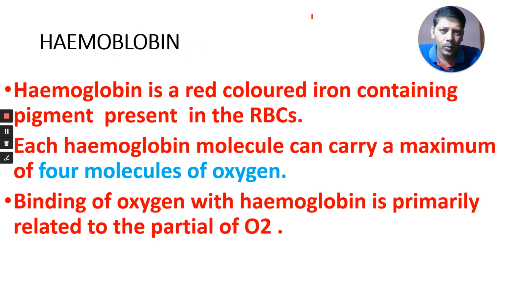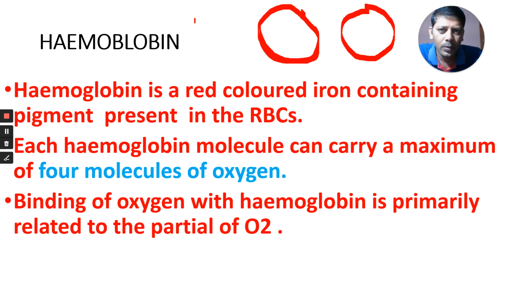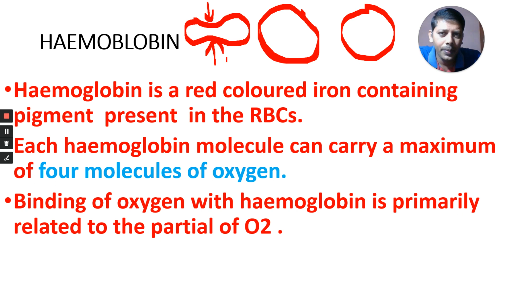We have red blood cells, biconcave. The shape of the red blood cell was also asked in the recent NTA mock test paper. RBCs are circular and biconcave. When you see from the upper view, it is circular. When you see in the lateral view, it is biconcave, with one concavity on each side. RBCs are circular and biconcave in shape.